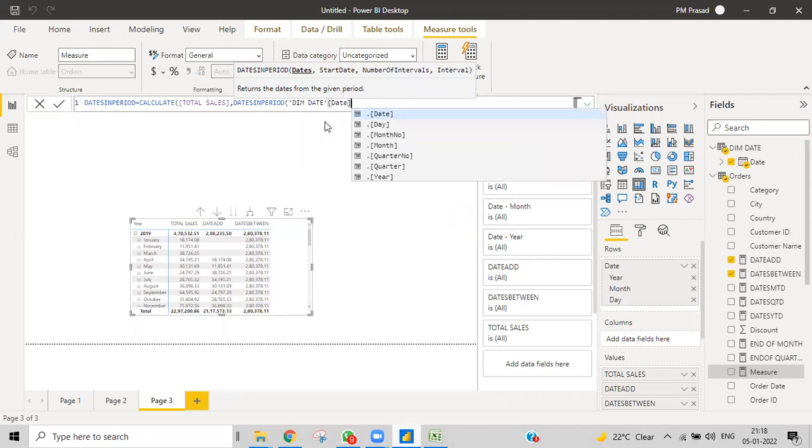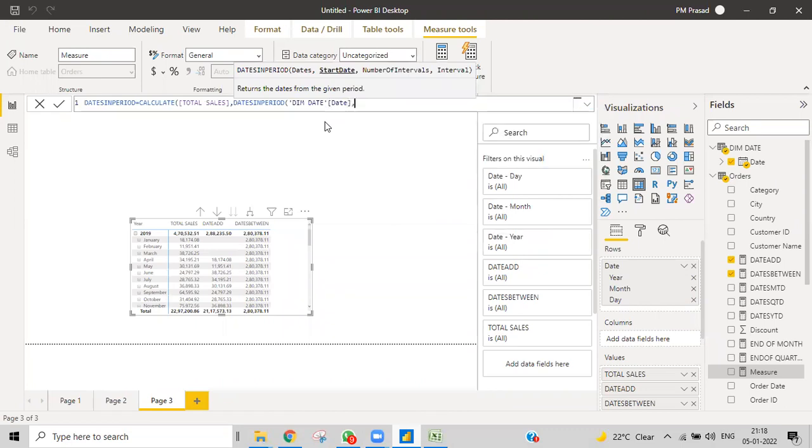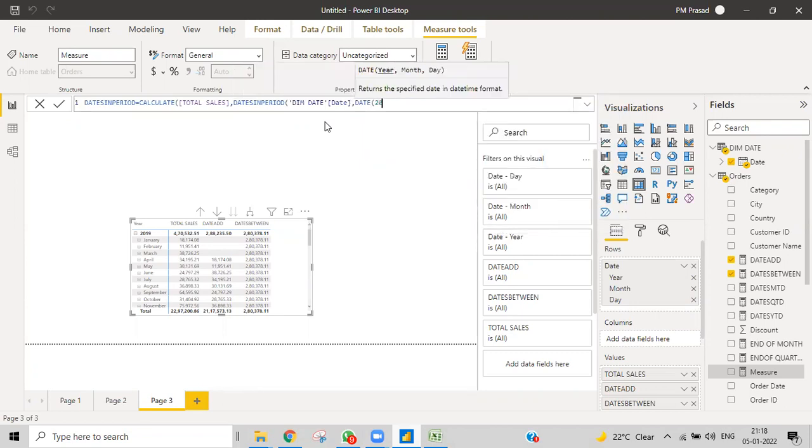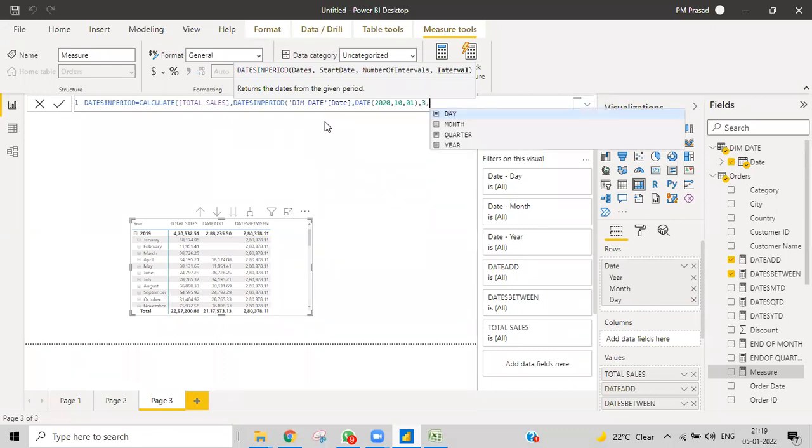Once I give the date column and a comma, it will ask for the start date. I want to give the start date as DATE(2020, 10, 1). That is my date. Then afterwards, the number of intervals. I want to calculate 3 months of data, and the interval is also in months. It's the same thing we've done, with maybe a small difference.